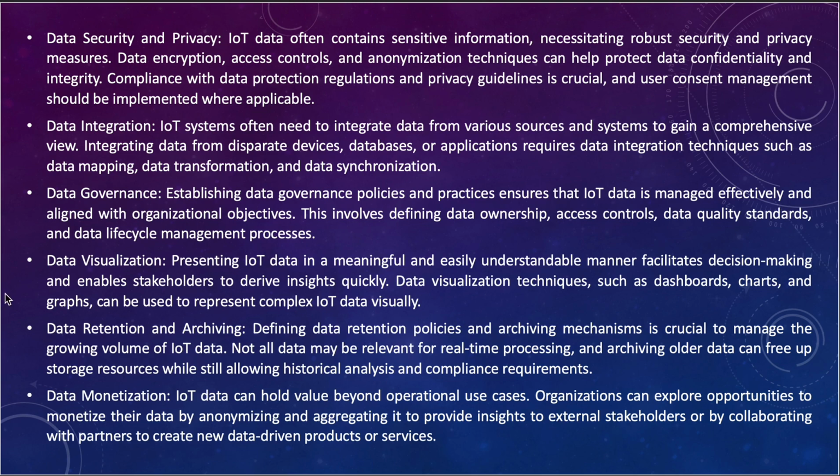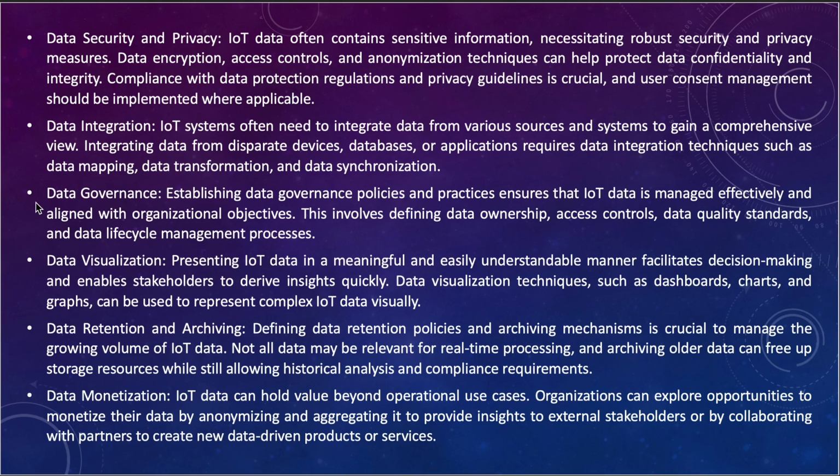The next point would be data security and privacy. Again, we talked about the points of security when coming to data. That's why we say these things are interrelated. We talked about security as a property in IoT. When we talk about data, again we have to check the security part on data. IoT data often contains sensitive information. We talked about what sensitive information could be collected by IoT devices,